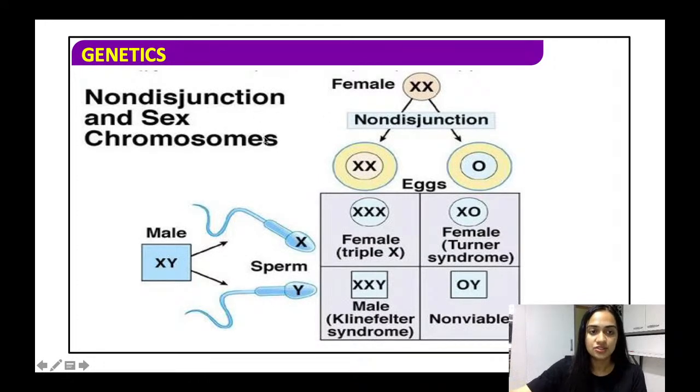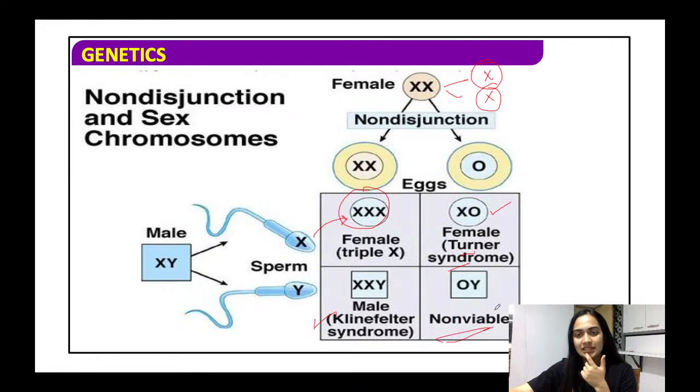So non disjunction chromosomes, ठीक है। तो ये हुआ हमारे एग्स। एग्स में क्या होता है कि ये जो एग्स है वो बेसिकली डिवाइड होने चाहिए थे इस तरह, ठीक है। एंड अब क्या हो गया कि ये जो दोनों कंटेंट है वो एक में आ गया। तो अभी यहाँ पे क्या होगा कि जो स्पर्म है वो या तो ट्रिपल ये एक्स एक्स एक्स बनाएगा, या तो जो स्पर्म है वो क्लिनफिल्टर सिंड्रोम कॉज करेगा, या तो एक्स नॉट होगा यानी कि टर्नर सिंड्रोम। दिस कंडीशन इज वेरी रेयर, ऑलराइट। एंड या तो नॉन वायबल यानी कि वो ओवरी जो है वो नॉन वायबल यानी फर्टिलाइज ही नहीं होगी, ऑलराइट।